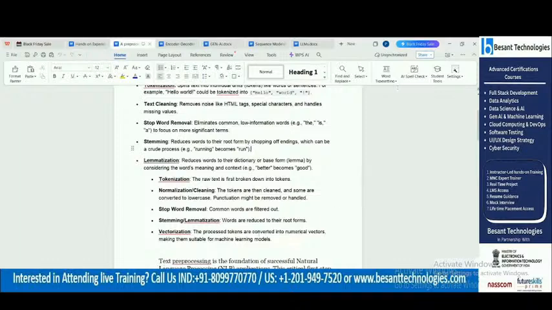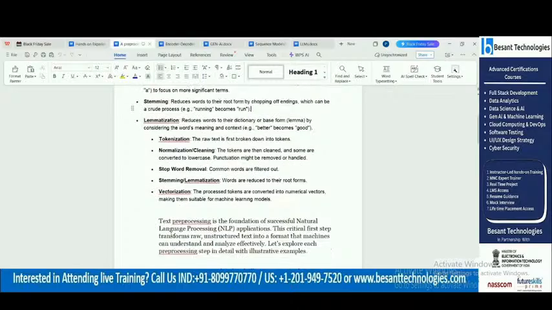After that, in the last, you have to convert into numerical vectors, because how does the machine learning model understand this? Hello world, the machine learning model doesn't understand, right? So you have to convert it into numerical vectors. So that is called as what? Vectorization. Okay, so all these steps are nothing but transforming your data. Previously it is your unstructured text or unstructured data, and you are converting it into a format which the machine learning model understands.